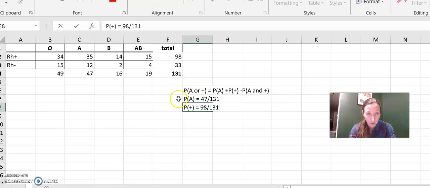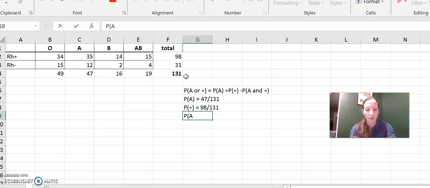So here in the probability of A, that is all of the A blood type divided by the total, excuse me, and here the probability of positive is all of the positives divided by the total,